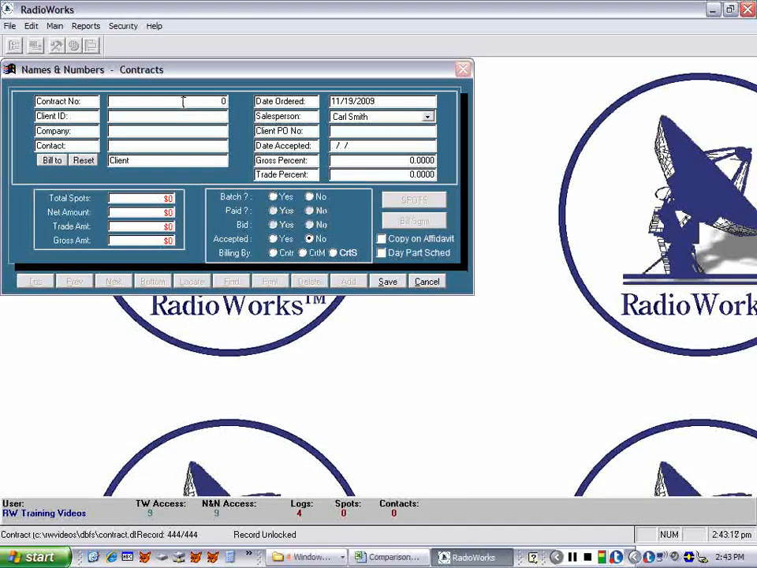Now before we save this, we can put in our own unique contract number if we so desire. If not, RadioWorks will provide the next one in the sequence. Now watch what happens when I put in a number that's already been taken. I put in 514, and when I hit tab over here to the right, it says invalid input, contract 514